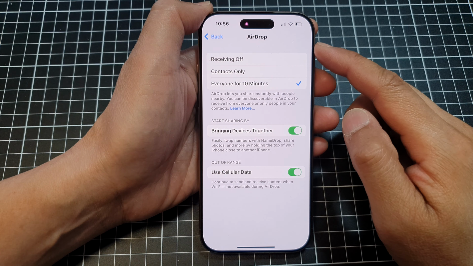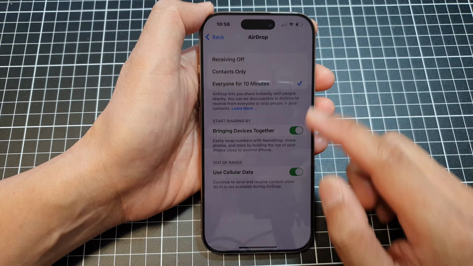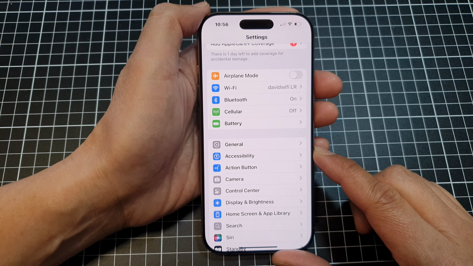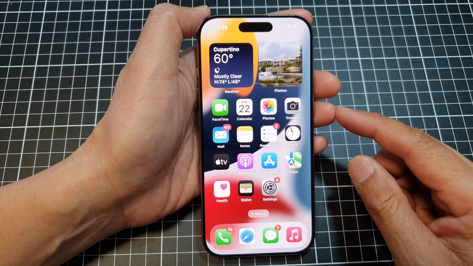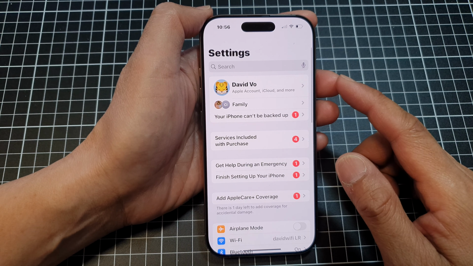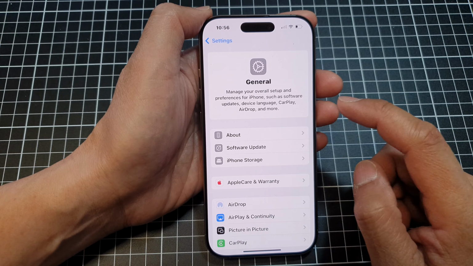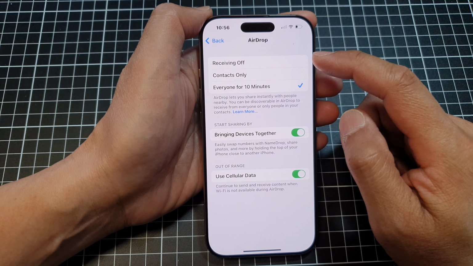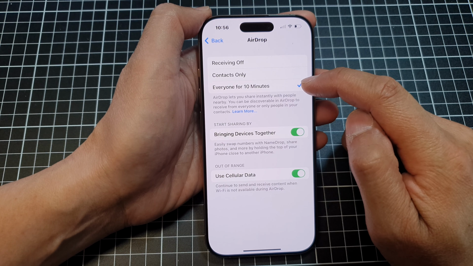How to set AirDrop sharing to contacts only or everyone for 10 minutes on the iPhone 16 series. First, let's go back to the home screen by swiping up at the bottom of the screen. Now from the home screen, tap on Settings. Then in the Settings page, we scroll down and tap on General. Then tap on AirDrop. Now in here, from the list, you could select Contacts Only, or you can select Everyone